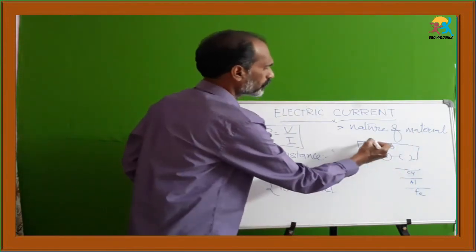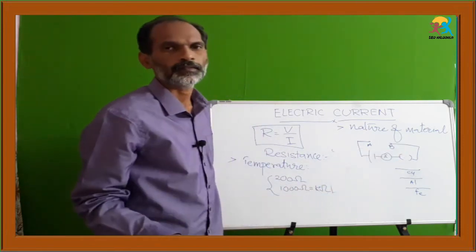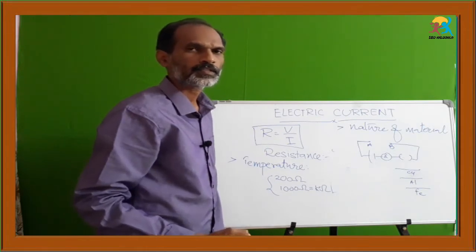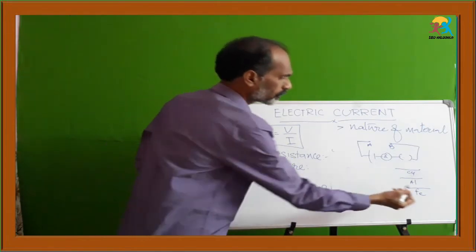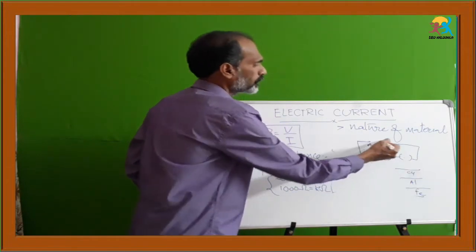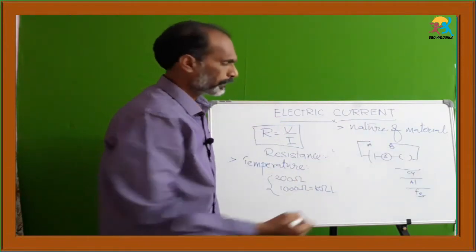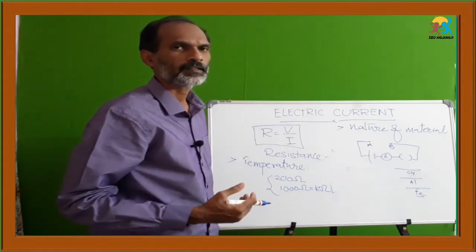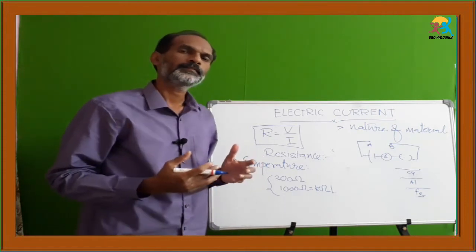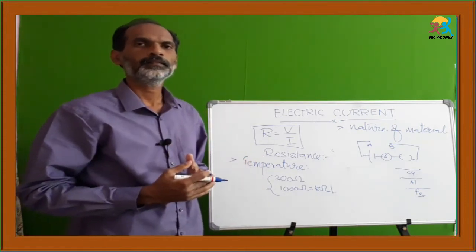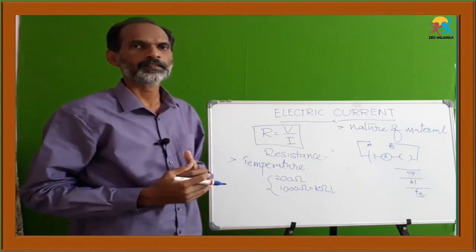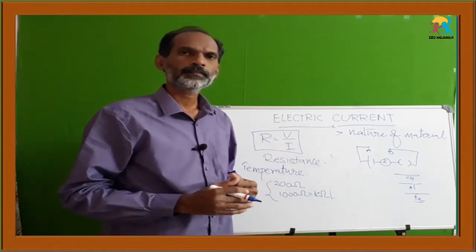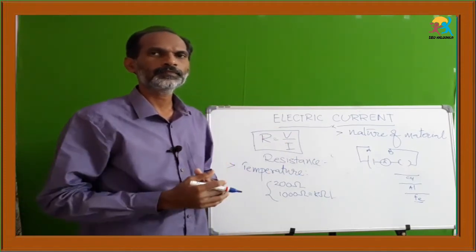If we insert copper wire initially in this, it shows a different value. If the copper wire is replaced with an aluminum wire, the aluminum can show a different resistance. If the iron wire is replaced with the aluminum wire between the gaps of A and B, iron also shows a different value of the resistance. It means we can understand that different substances have different resistances.